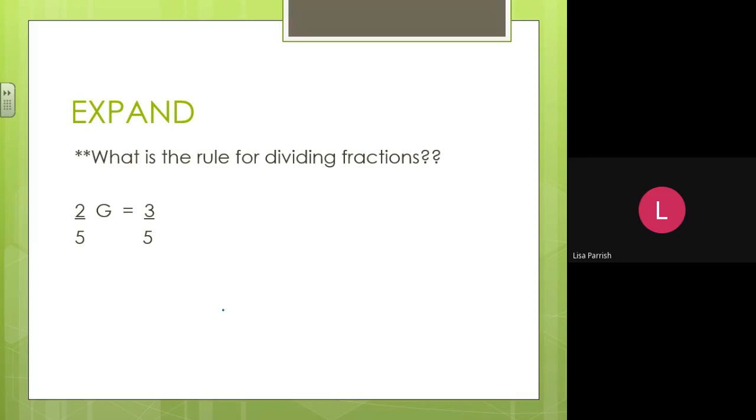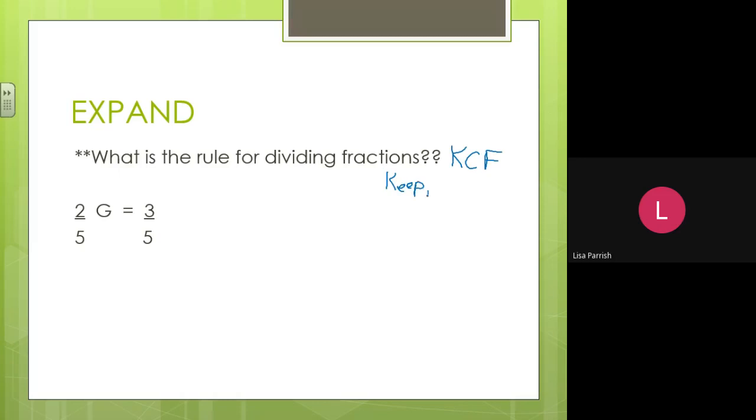We had three letters that we remembered when we divide fractions. The rule for dividing fractions, we have the letters K, C, F. Remember, it's not Kentucky Fried Chicken. If you watch the video back, that old lesson, I think Mr. Harden dressed up as Colonel Sanders. So the rule is keep,